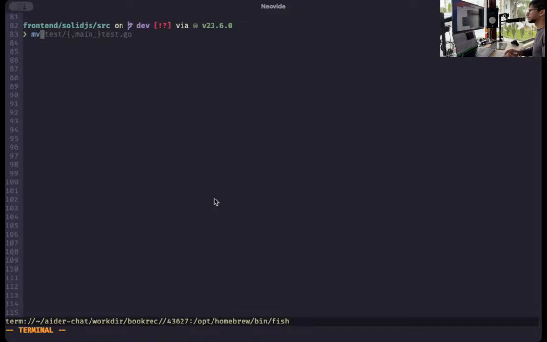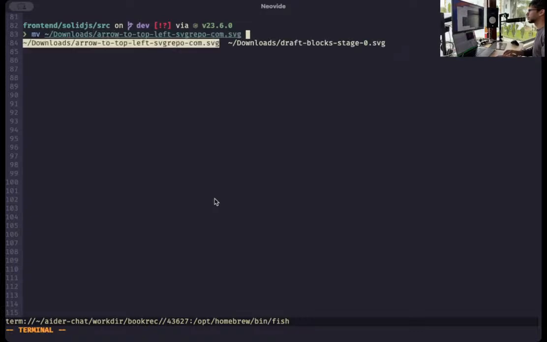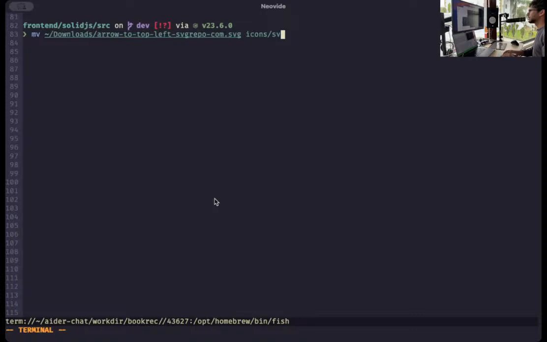Move. Downloads. SVG. So arrow top to left SVG repo. SVG to icons. SVG. Upload those SVG. Upload rec. Come on. SVG. And so now if I want to do export